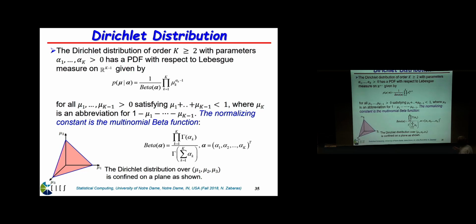So the normalizing factor is this multinomial beta function, and the multinomial beta function is basically the product of gamma functions for each of the coefficients alpha k, divided by the gamma function where the argument is the summation of all the alpha k's. Okay? And you may say, I don't believe you, that if you integrate this, it's normalized. Well, if you don't believe me, I took the time to actually prove it in the notes,